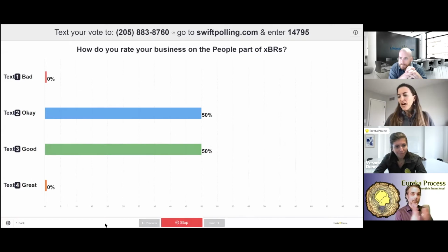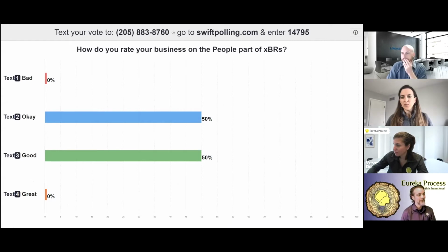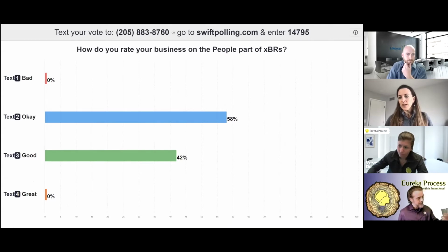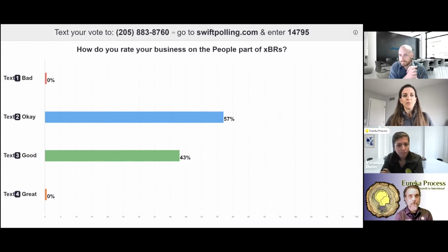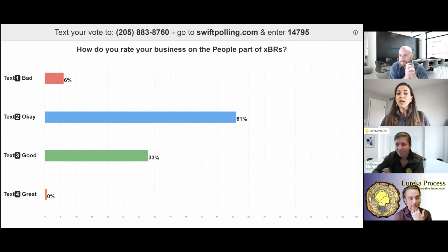There we go. Yay. So it kind of reminds me of what is inspected is what is expected, right? So you can meet the expectations if you're looking at it. So if you've got the documentation, the KPIs that Alan was talking about, everybody's marching toward the same target. So folks are currently rating their business on the people part of XBRs. Thank you to the brave soul who put bad. No, I appreciate it, right? Like if you know that, then